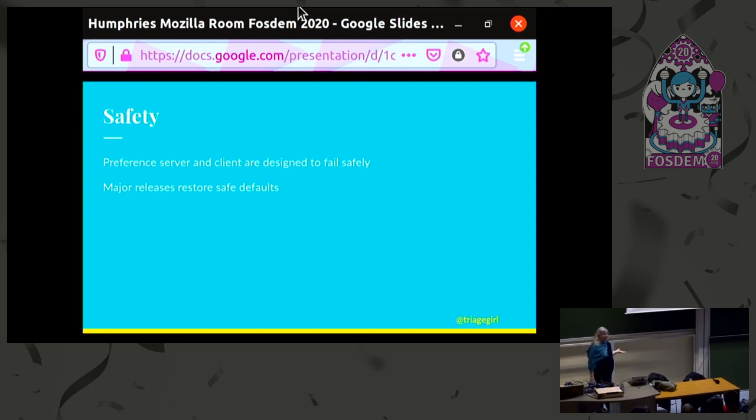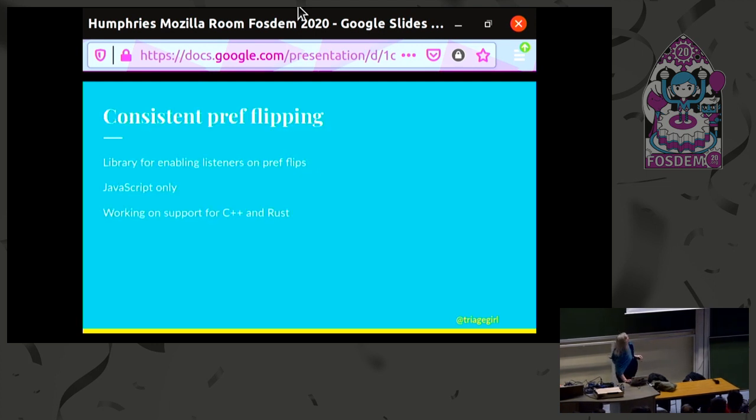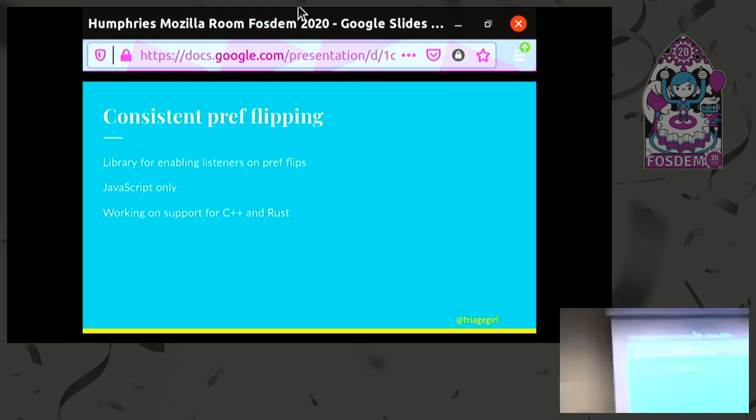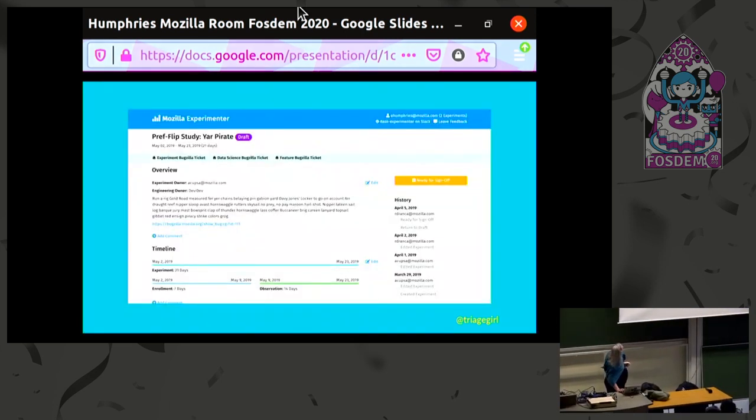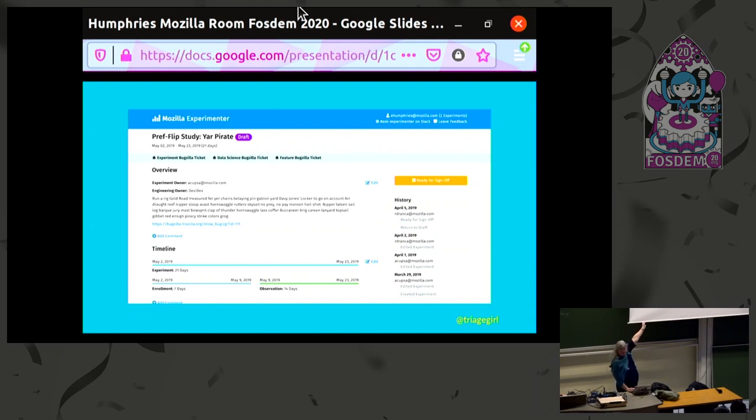We also do some stuff around safety. The preference server and client are designed to fail safely, and then major releases always restore safe defaults. So we do consistent pref flipping, again from the library that was developed by another one of our engineers. We have a tooling site for it called Experimenter that we use for managing experimental pref flips as well as